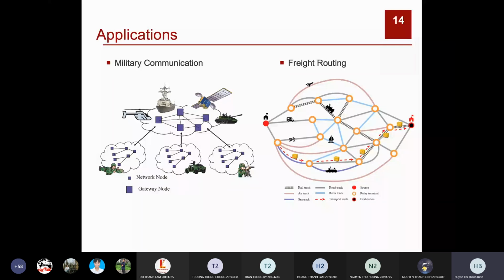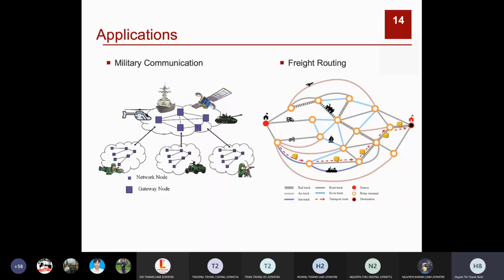For example, there are rail track, air track, and sea track, and road track. You have to go from the starting point to the destination point. You can use several domains, each domain corresponding to one track. For example, rail track domain and air track domain or road track domain. And you can see the rail track, and at the interconnection point, you can change the transportation, and you can use road track, and